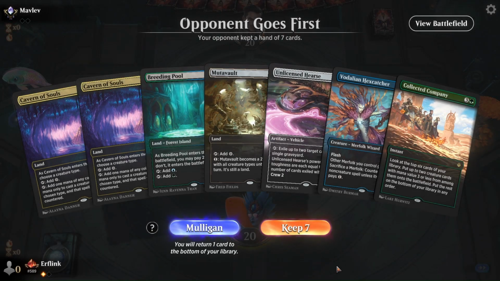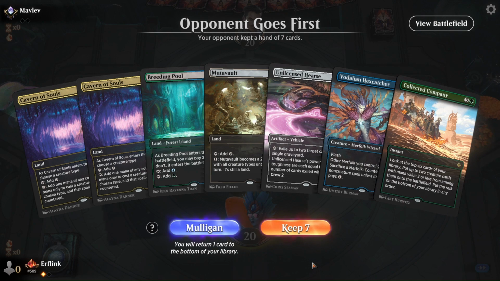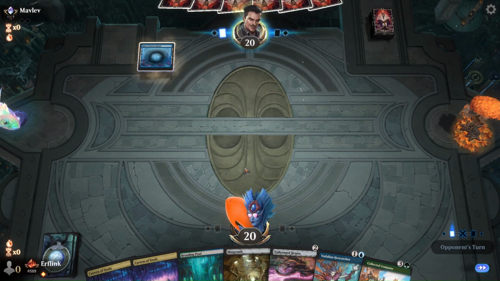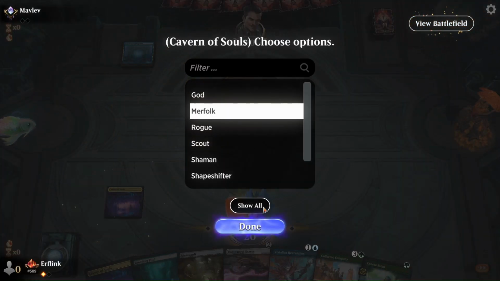Okay, game 2 on the draw. Our mana's good again, but our interaction is not. We're not super worried about that, so we can keep this hand. We'll look to run out that Unlicensed Hearse if it looks like the coast is clear. Let's Cavernous Souls just in case they have